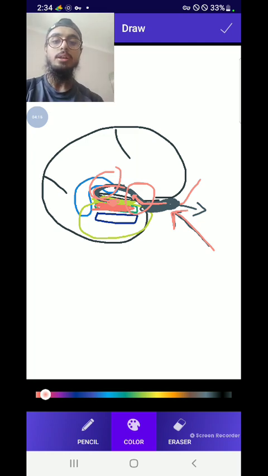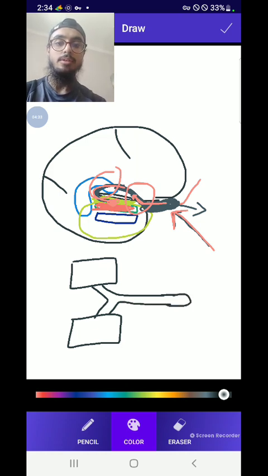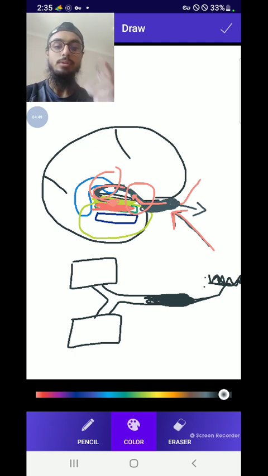So if I elaborate and tell you more detail, these are two areas in the brain, and there are two pathways which connect these two areas. This is the olfactory bulb, which I draw anteriorly at the base of the frontal lobe, and its connection with the olfactory nerve is at the cribriform plate of the ethmoid bone. Cribriform plate of the ethmoid bone. So what is the pathway? I have to draw it again,